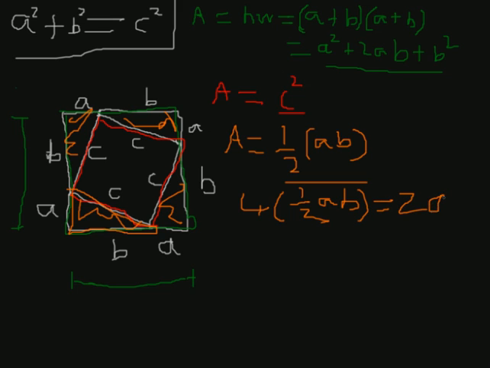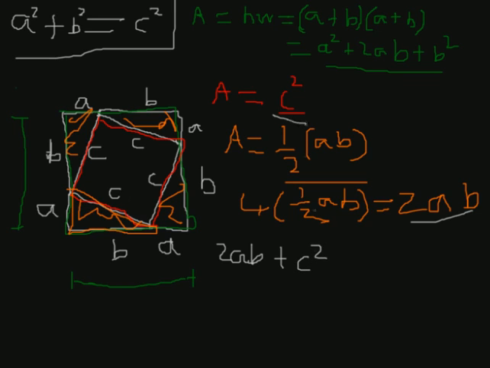And 2AB is the area in units, we're doing this in units, it can be any, meters squared, centimeters squared, anything like that. So that's the area of all these triangles put together. So if we add that area and also the area of the small square, we get the area of the large square. So let's do that right here. So 2AB, which comes from there, plus c squared,